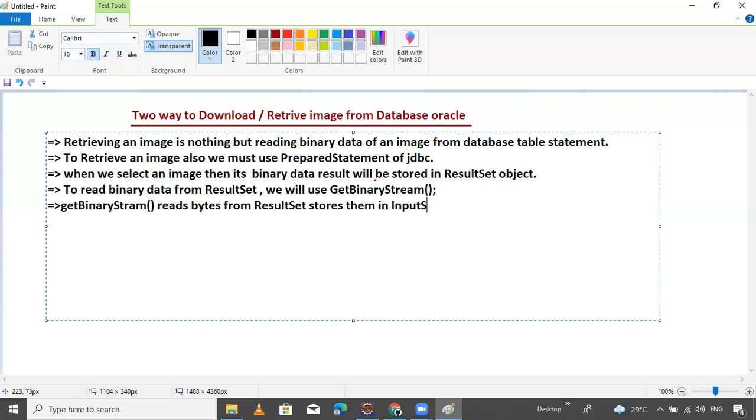It returns an input stream object. In programming, when I develop a program using these statements, you will get clarity. So please write down each and every point.